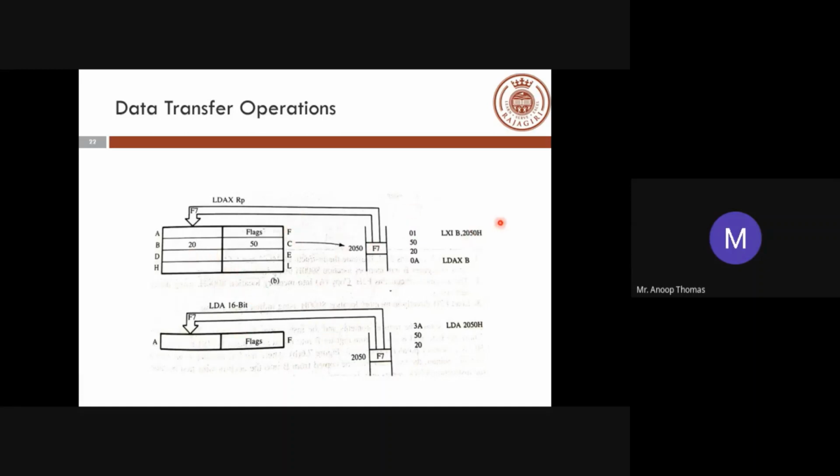So both this and this do the same job. This does it straightforward. This will be changing the address and using that address to make the corresponding change. So you can keep on changing the address followed by this particular instruction to perform this particular operation. Instead of that, if you want to give it as an immediate address value, you can give LDA 2050H, which basically means that the data which is there in 2050 will be loaded into the accumulator.